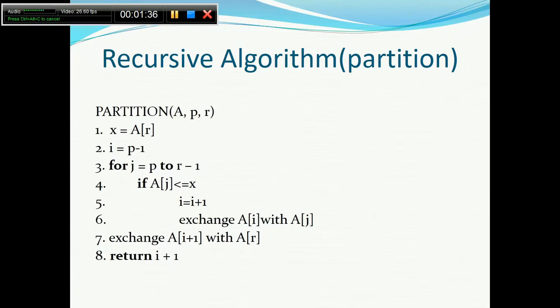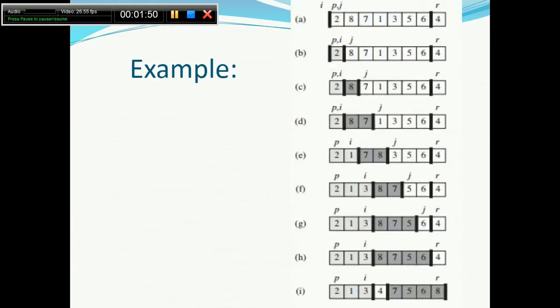So we'll take an array first and try to execute this partition algorithm. After that, we'll learn the cost of the partition algorithm, its time complexity, and accordingly we'll see the quicksort algorithm. So let me take this input.